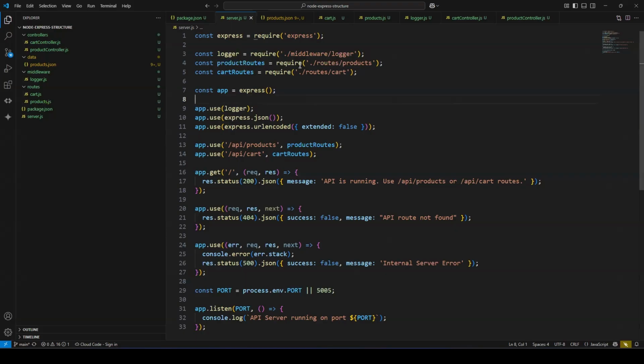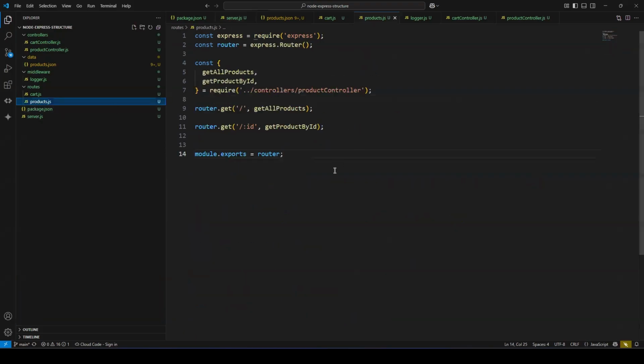So on line 4, we are telling our server, hey, please import the product routes from the file routes products. Now, if we go to routes products,